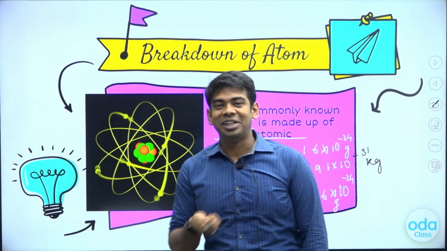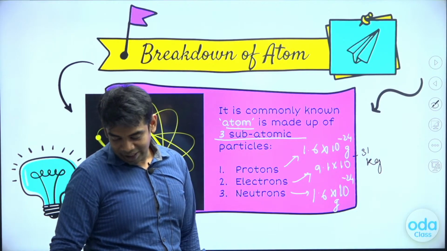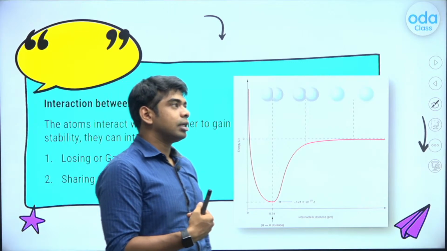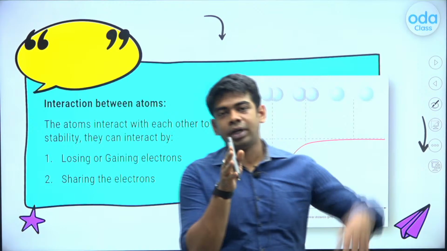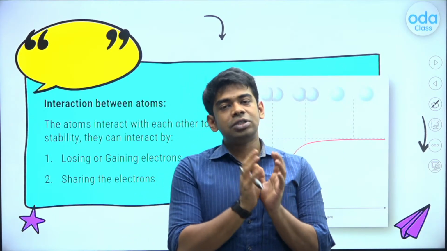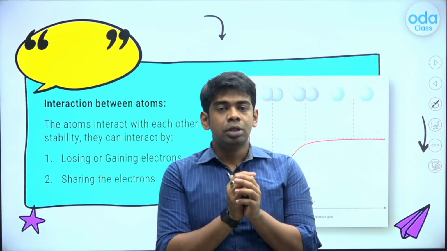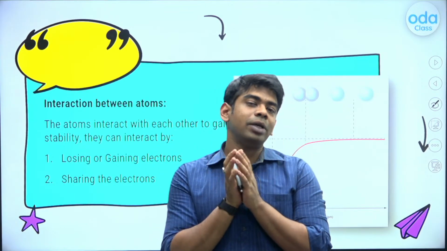If you have not, then kindly pause it and just note it down, as we are moving ahead. Now let's start the discussion about how atoms will be interacting. I have given you an image wherein we look at the current model of the atom, and we saw that two atoms are closer to each other. So when you make sure that two atoms are coming closer to each other,